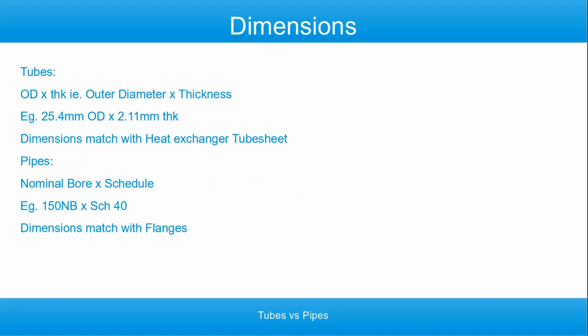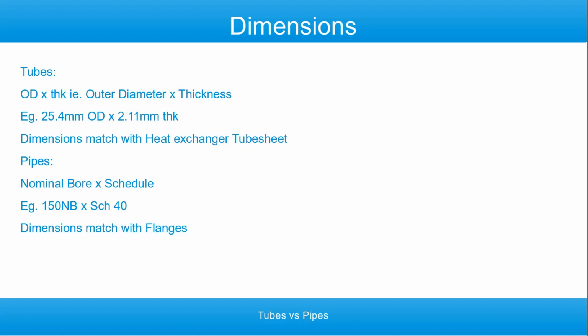And the next difference is the dimensioning. When you specify the dimension for tube, it has to be specified as OD and thickness. Tubes are only available as mentioned here, like OD and thickness. OD, for example, 25.4 mm OD and 2.1 mm thickness, 1.65 mm thick, 2.4 thick, or the thickness can vary, but OD is mostly fixed. So 25.4, 31.75, 38.1,